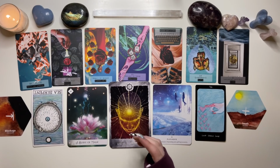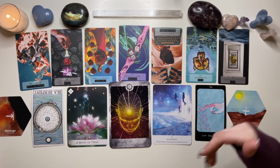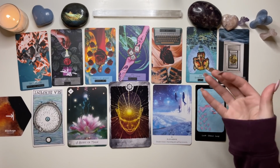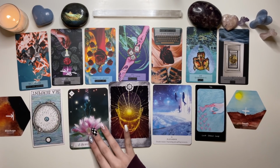And I feel like your spirit guides have really been trying to communicate with you more. And they actually really want, like, they're backing up your ideas. They want to help you creatively with whatever you're working on. And part of your divinity is through your creativity. And so the fact that you're blocking that, it's really holding you back from